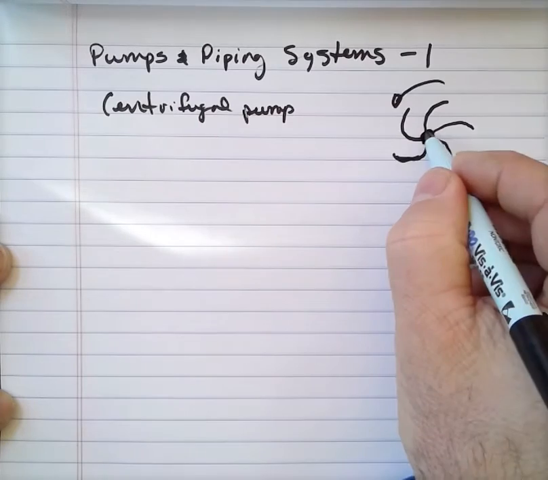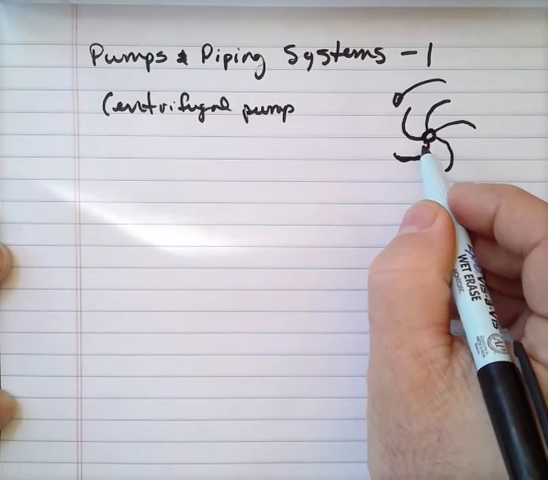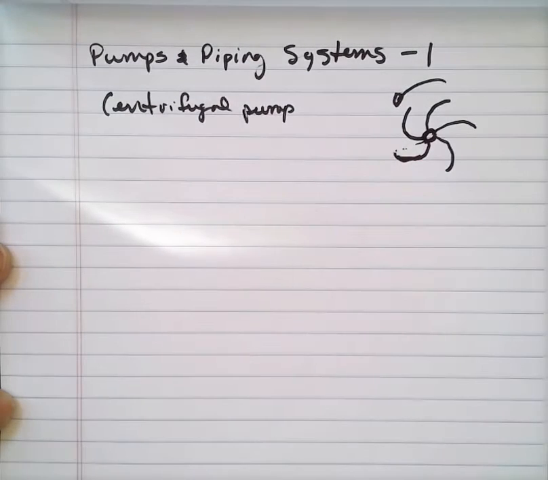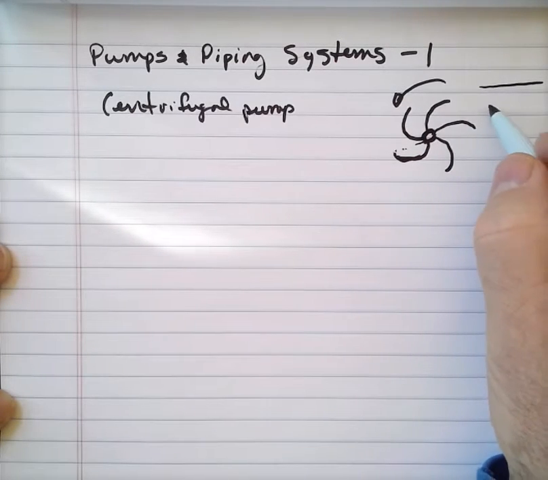We call that place where it comes in the volute, and as the water moves outward, it picks up more and more kinetic energy, to the point where when it leaves the